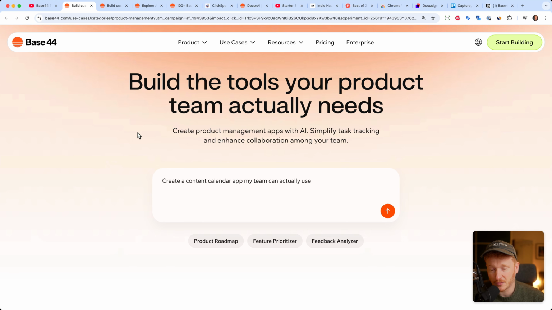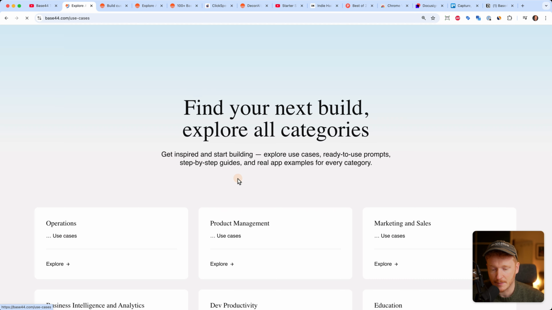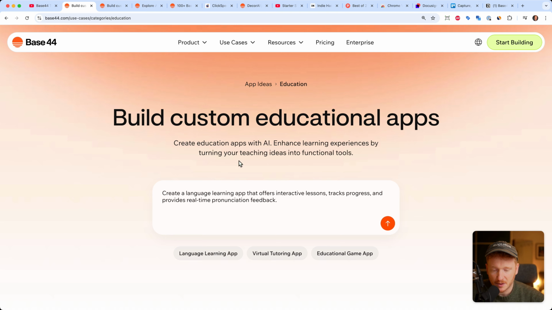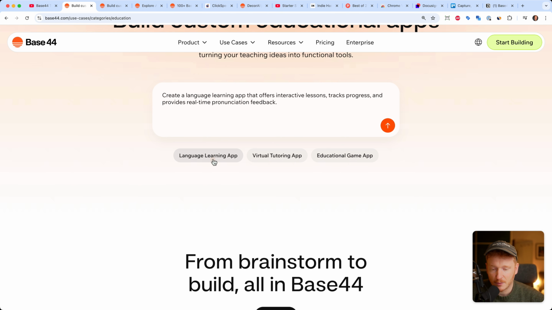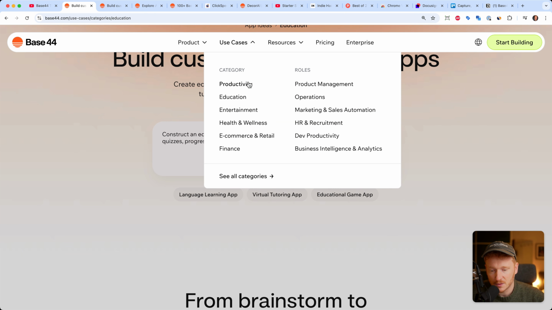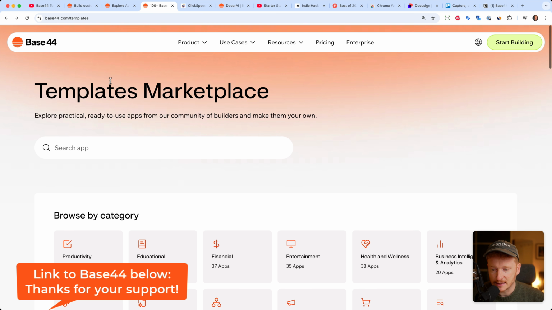And of course, Base44 gives you some use cases here. For example, you can build different apps such as product management apps, business intelligence and analytics, dev productivity tools, educational tools. But I think the examples here are quite limited because when you click on it, they will just give you here a language learning app, a virtual tutoring app, an educational game, and they kind of just give you a prompt. So I don't think this is the best place to look for great ideas in their use case catalog here, so to say, but they also have like a template database from their users. So I think this is a little bit better. Just go